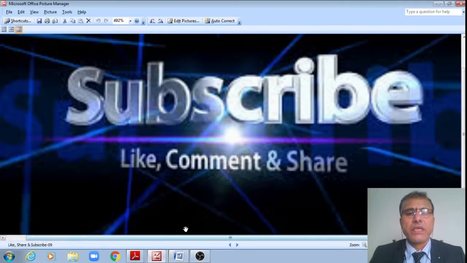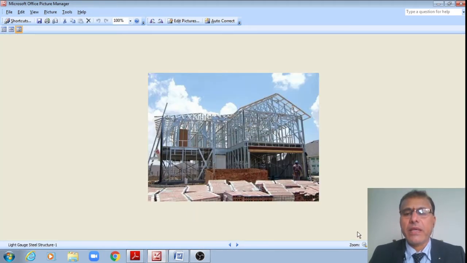Well, students, in today's class, we shall see numeric problems of the light gauge steel structures. What we had in the previous class, like this type of building, wherein now we'll try to see the design of a column, design of a beam, design of wall studs, design of decking, design of other components. Now let us move quickly to the top of these.